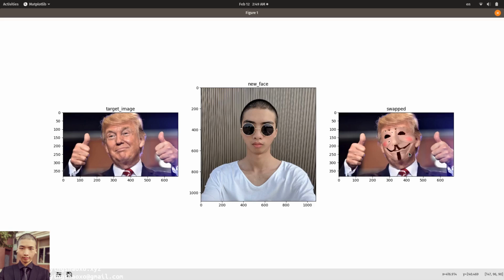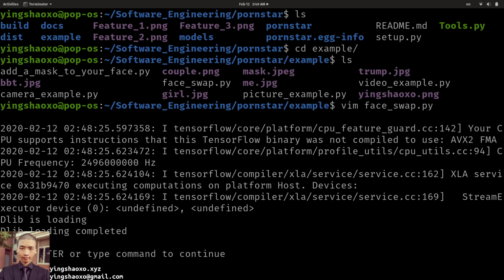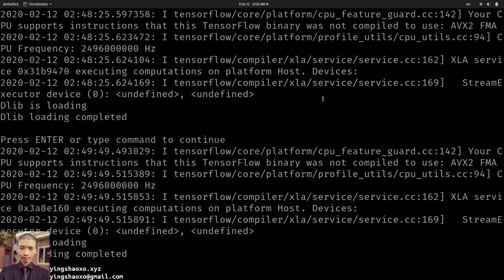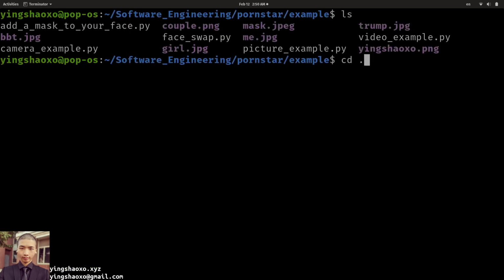It's good when the picture only contains one face, but it's not good when you have multiple faces in a single image. So we will do something about it. Okay, enough showing. Now let's